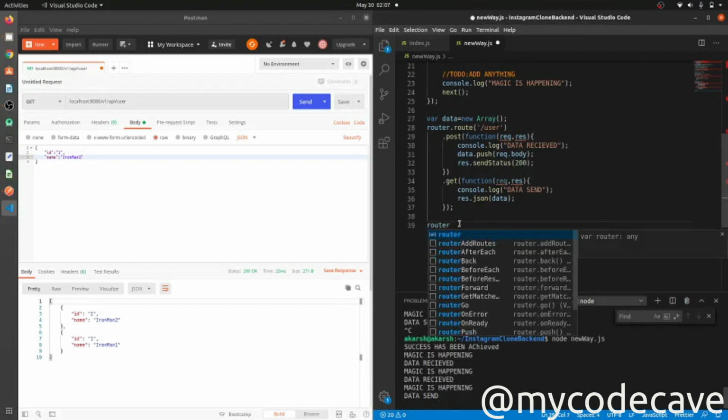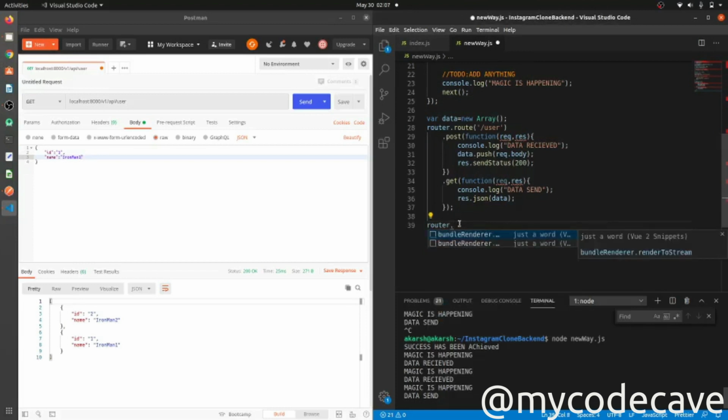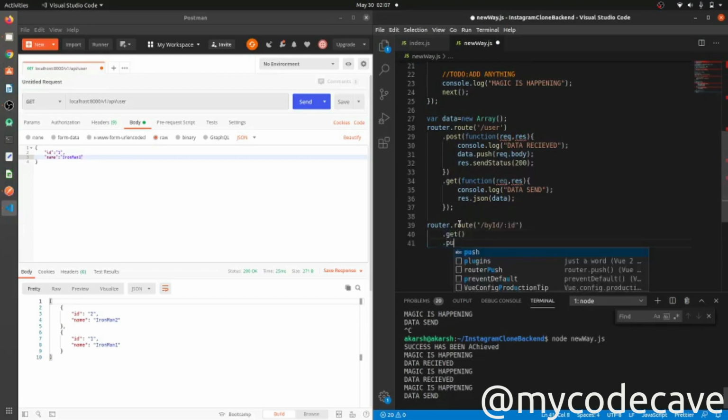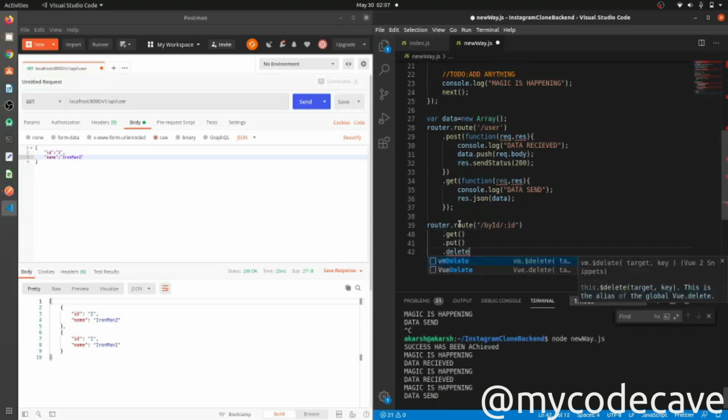So what we will do is router dot route, and in that part I will give by ID, and after that a colon dot ID, and inside that I can use the get function, inside that I can use the put function, and inside that I can use the delete function.